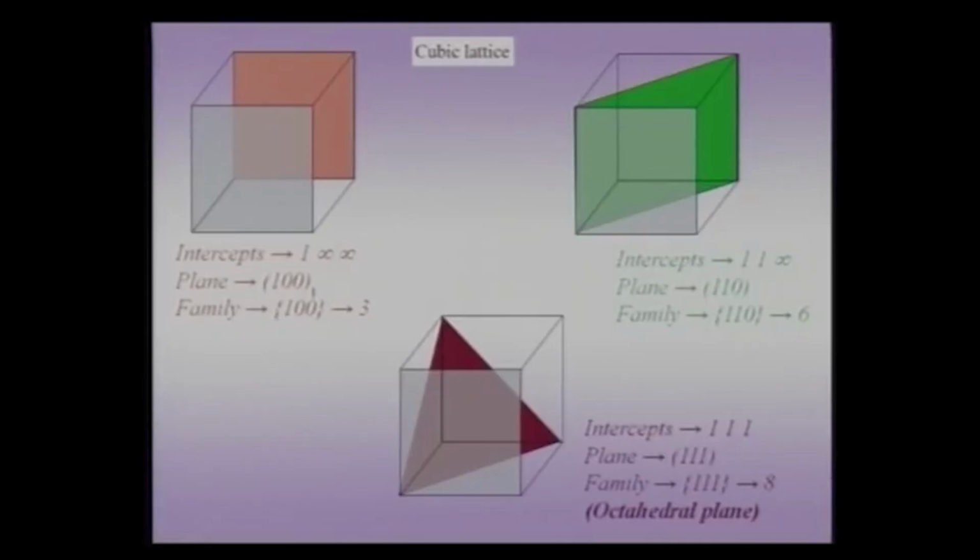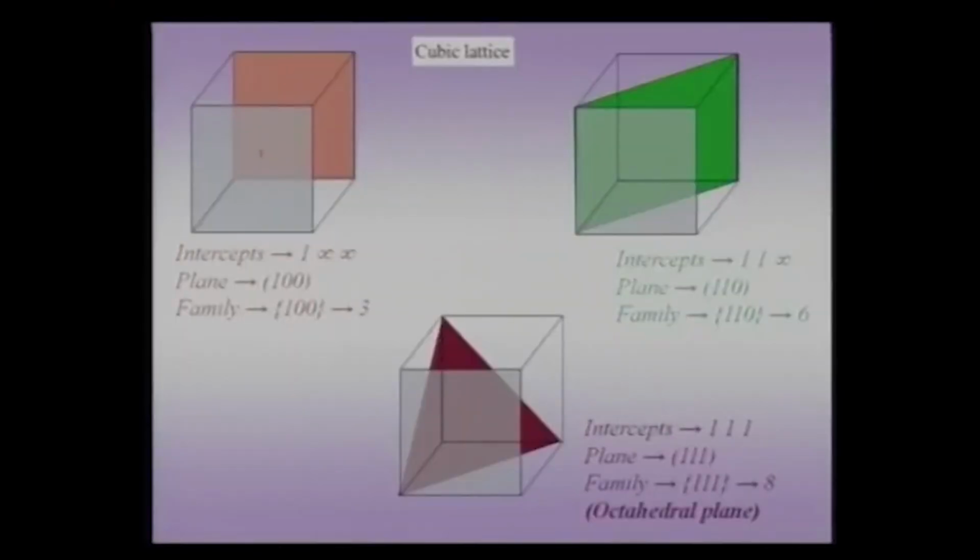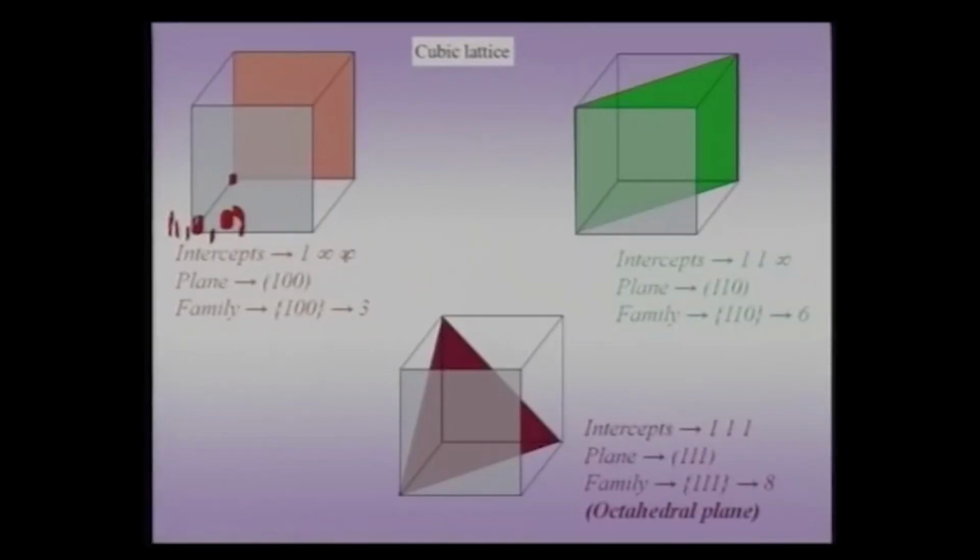Now, a few important things here. Number 1 is that if I had started off with 0, infinity, infinity, and I had taken the reciprocal, then I would again land up with infinity, 0, 0. So, I do not want to do this, and that is why I do not choose this orange plane, but I choose this grey plane, assuming that this is my origin. The origin is situated somewhere here. I choose then this point as 1, 0, 0 as my passing through the grey plane, and then I find out the Miller indices. Now, also this example makes it obvious why I take the reciprocal. The reciprocal is to avoid these infinities. The moment I take reciprocals, all the infinities in the intercepts vanish, and therefore, I get a neat number like